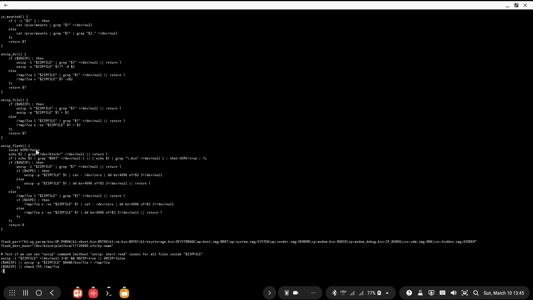The false value is used for partitions in ext4 format, for example. So we don't need to wipe those partitions during flashing. And for the other partitions, we should wipe them before. As you can see